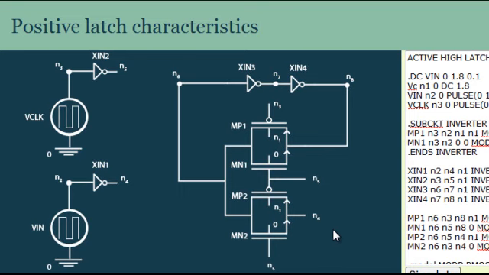Therefore, whatever input we are supplying to the lower line will be followed to the output, which is taken from N7. Due to the double inversions at two inverters, one at X in 1 and the other at X in 3, nodes N2 and N7 have a similar waveform, the only difference being the delay introduced through the two inverters and one of the transmission gates, which is the lower transmission gate.